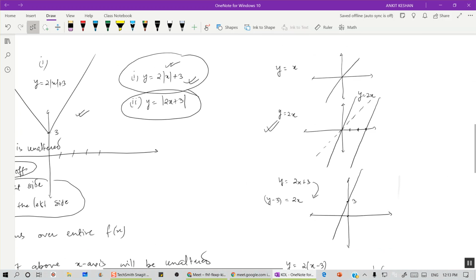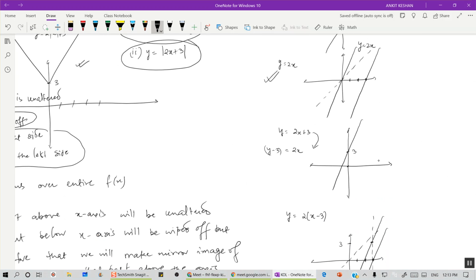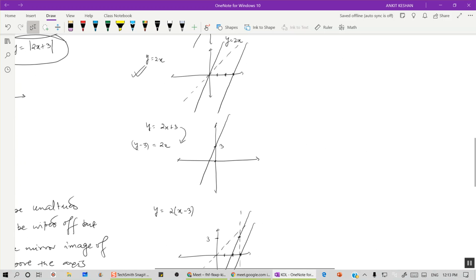So see, this was our y equal to 2x plus 3. So if we want to make y equal to mod of 2x plus 3, mod over the entire function, what we will do,